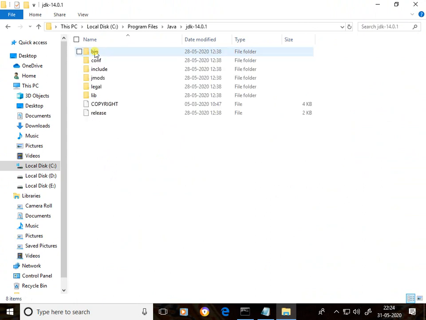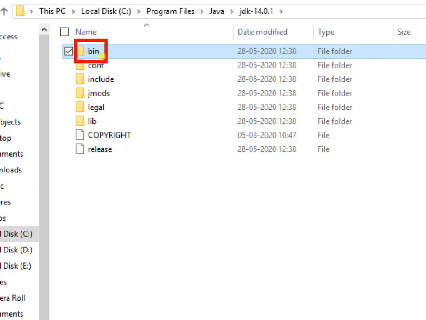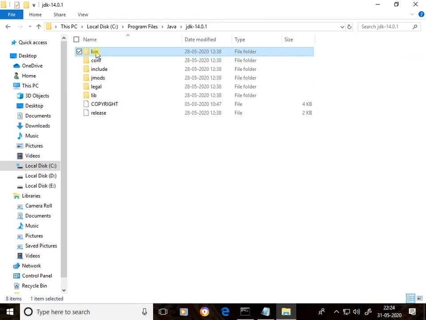In the JDK bin folder, javac is present. So we need to set the path up to here. Then the operating system will search for javac in the bin folder, it takes javac, and that command will run.